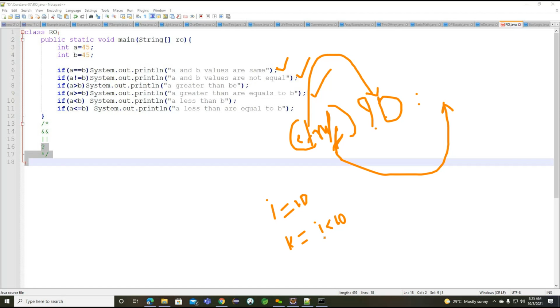The i value is 10, and we are using the less than operator. We are checking whether the value is less than 10 or not. But now you can see this is not less than 10, so this expression will return false.